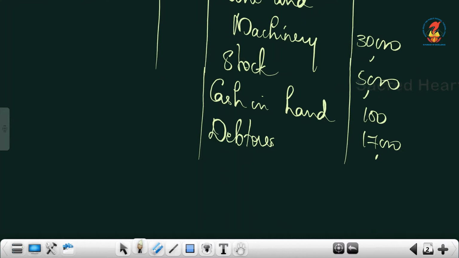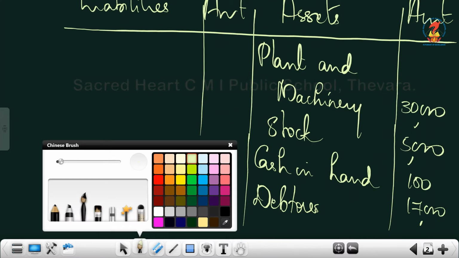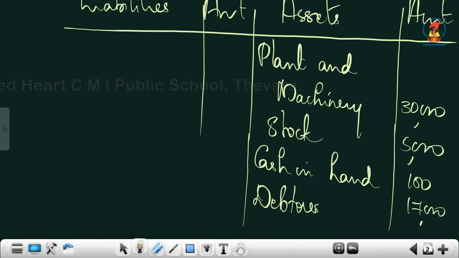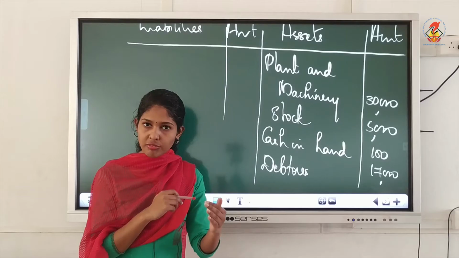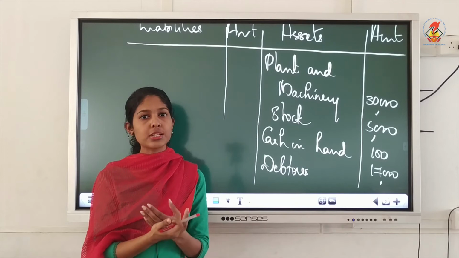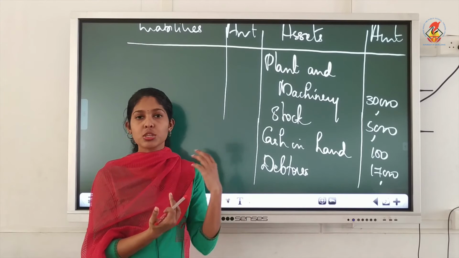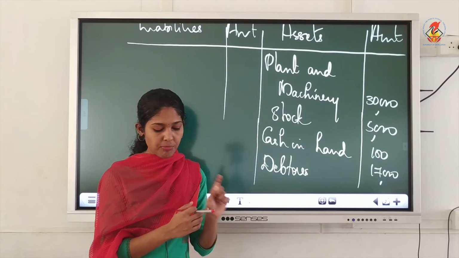Then next is loan from Anish. Loan from Anish means that is a liability which we have to write on the liability side. The amount is loan from Anish 1,000 at 4% per annum interest. Since it is the beginning of the year, you don't have to compute interest and all. Interest will be given only towards the end of the year. Understood? So in the opening statement of affairs, you just have to write that loan from Anish 1,000.